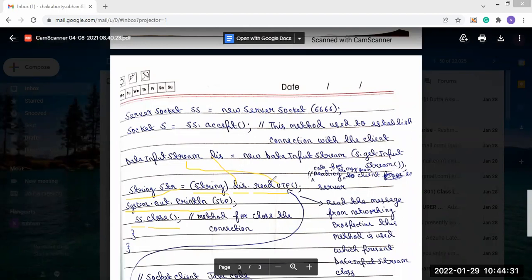So on the client side the message passing should occur. There is a method that will directly make the connection with this read UTF. We will see that in the next class, because today's time is less. So I will not be able to discuss the client side programming today, but there is a part on the client side also.